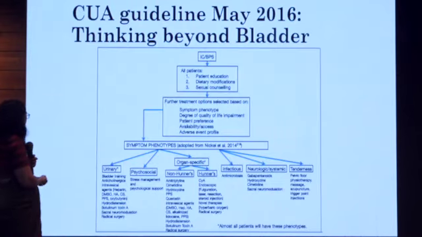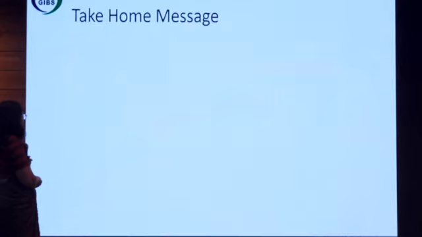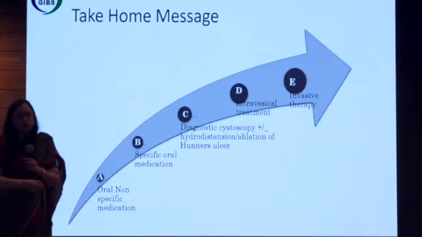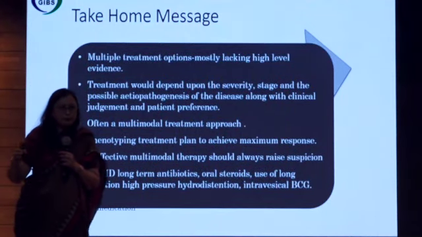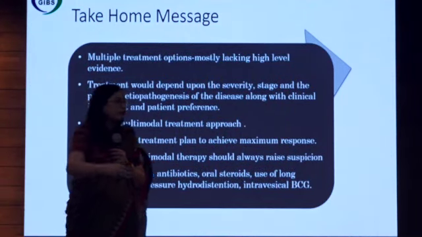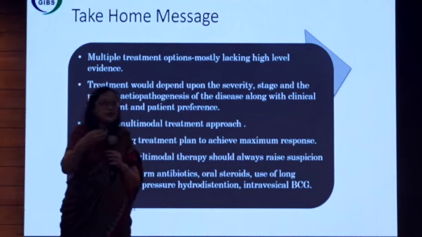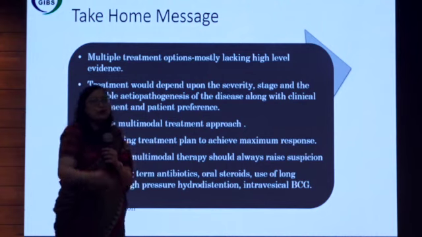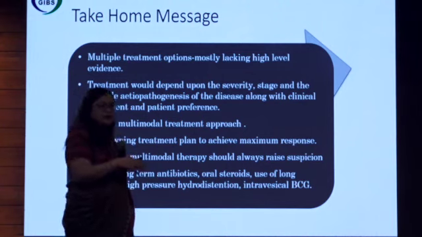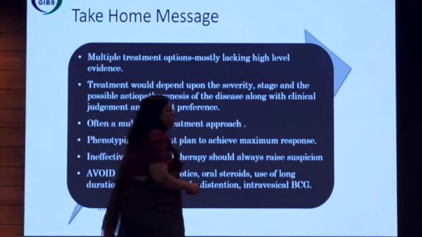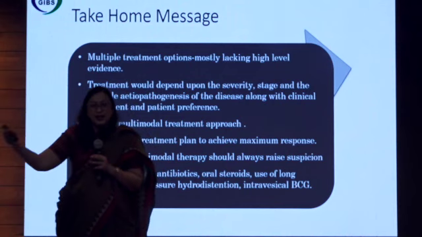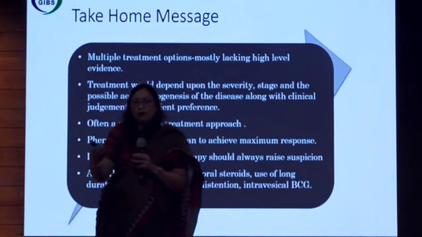This is the CUA guidelines, where different phenotypes have been described. So my take-home message is that every patient is different. So don't go for any stepwise approach. If a patient is having severe symptoms, you can start with any kind of therapy. You can start with vigorous therapy, even direct cystoscopy, if the patient has been suffering for the last 10 years. You can combine the treatments, and multimodal therapy will help the patient more. So don't feel shy to take the help of a psychiatrist, neurologist, or even a urologist.